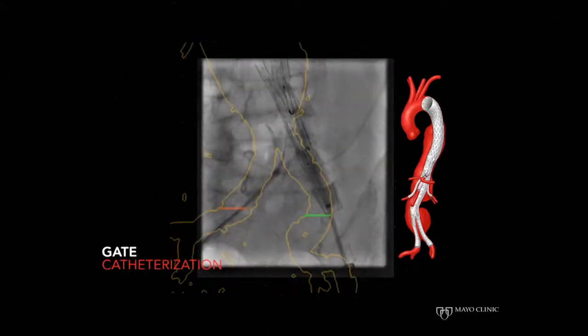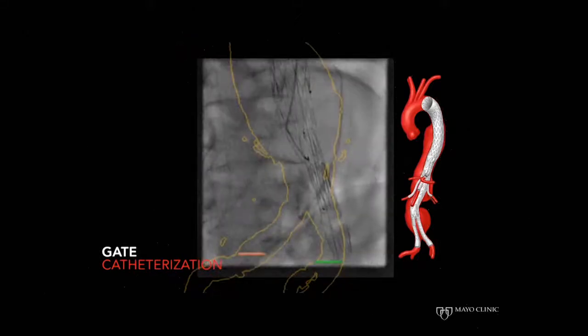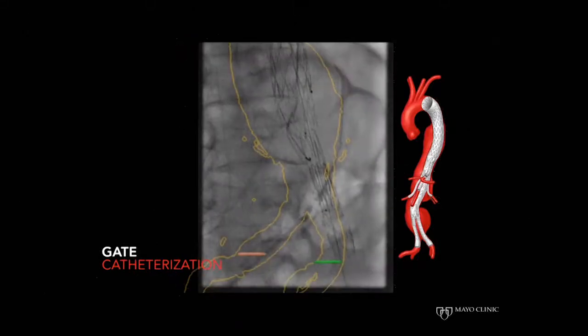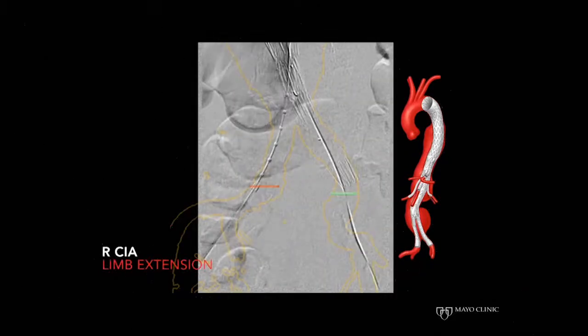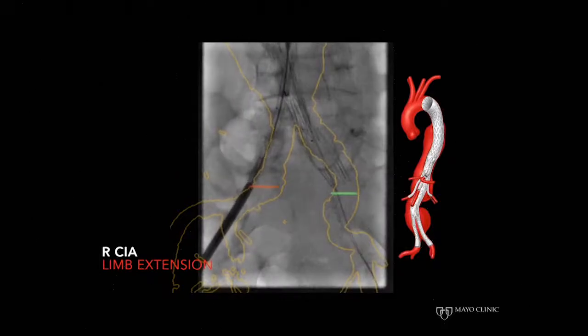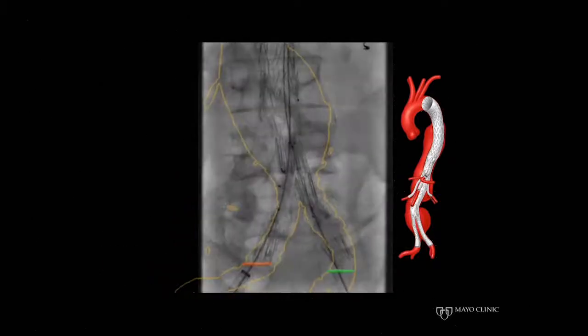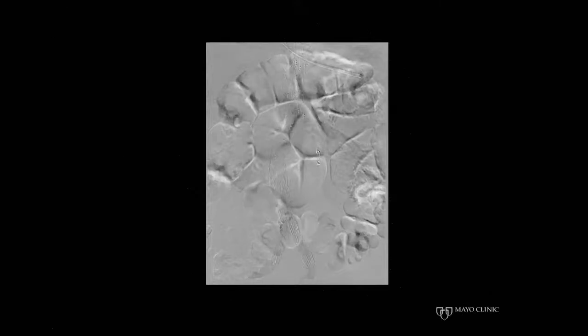We attempted to catheterize the gate via the femoral approach without success, and therefore the wire was routed via the brachial approach through the contralateral gate and out via an 8-French sheath in the right femoral axis. Once the new brachial-femoral axis was established, we then extended the repair to the right common iliac artery. We finally finished the procedure with balloon dilatation of the attachment sites and landing zones and a completion angiography using